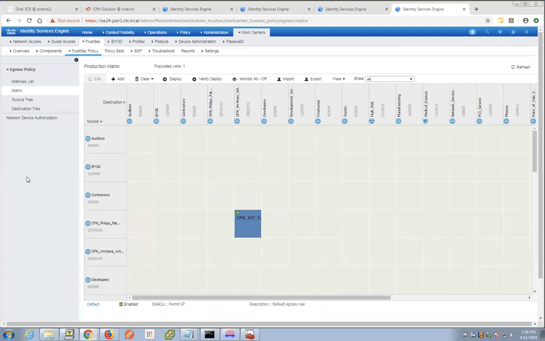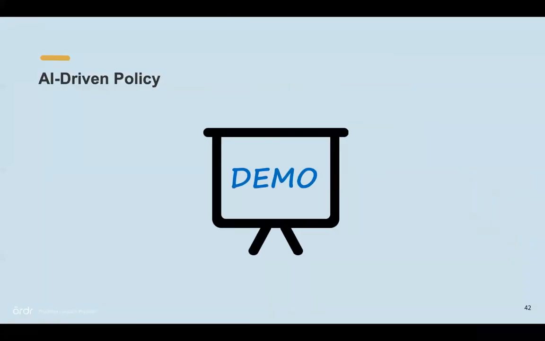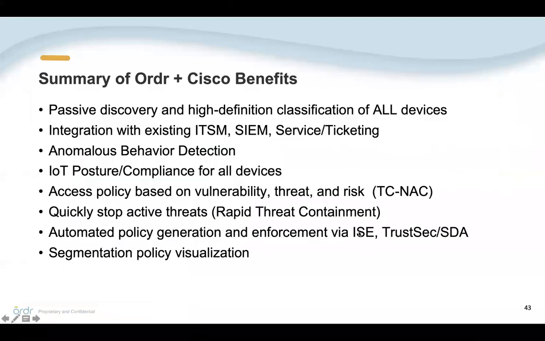We will be that perfect complement to fill in the gaps in terms of your visibility, the overall security assessment and compliance for all devices and risk, and then being able to automate the enforcement of policy at the pace that works for you. So with that, I would like to go ahead and return to the screen as a summary of our benefits, and we'll get into a Q&A, is that passive discovery.